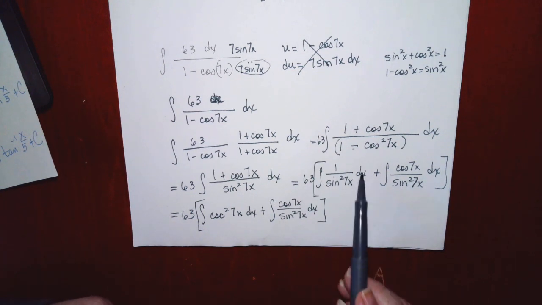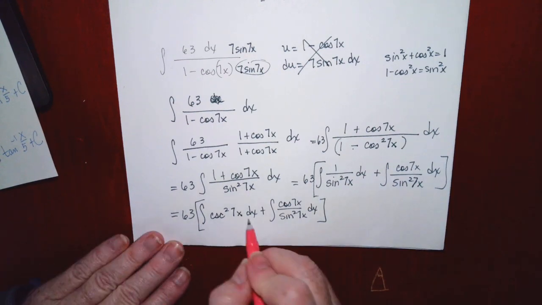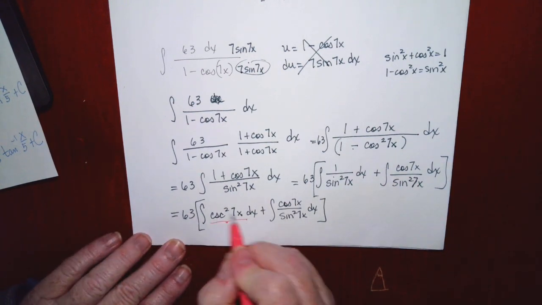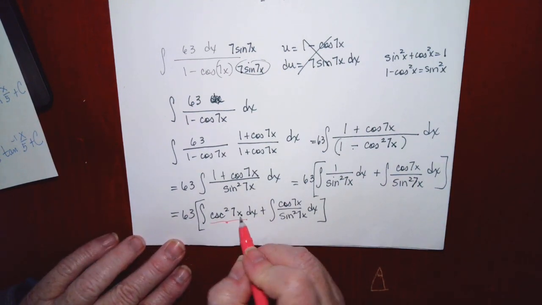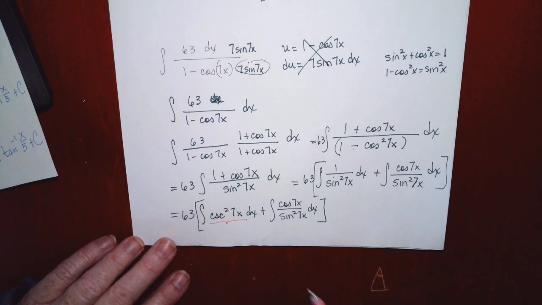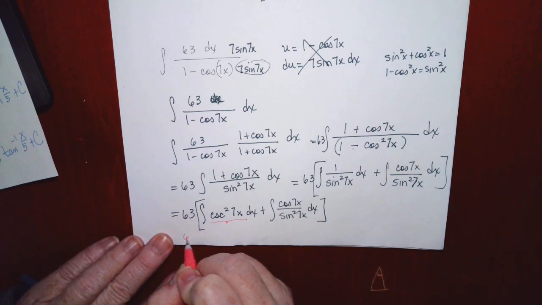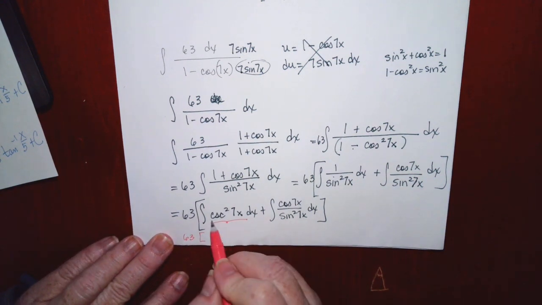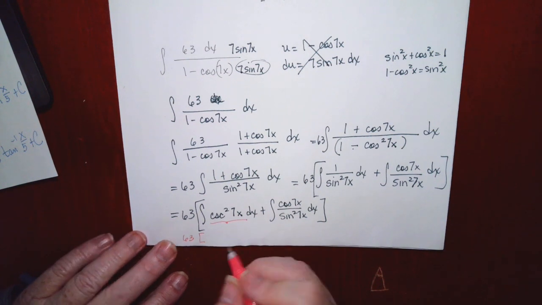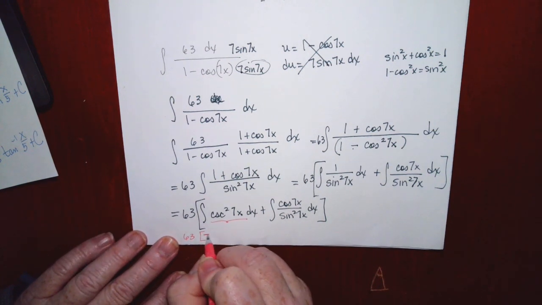So I just rewrote the sine squared using a trig identity. So here, this integral, whose derivative is cosecant squared? It's negative cotangent. So I'm going to have a 63 times the integral of cosecant squared 7x is negative